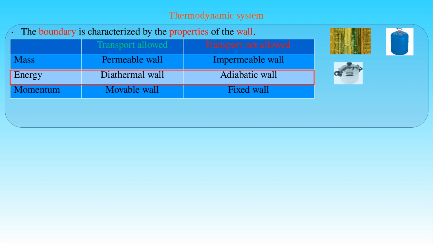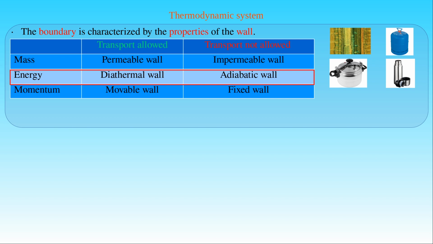Pressure cookers have a diathermal wall made of aluminum or stainless steel, which are excellent heat conductors. If we place a pressure cooker on the top of a stove, then it takes 5 to 30 minutes to heat up any food or water in the cooker, indicating an extensive heat transfer through the wall of the cooker. The function of a Dewar flask or a thermos bottle is the opposite. It prevents the exchange of heat through its adiabatic wall. Such a vessel keeps its content hotter or cooler than the environment, since the evacuated region in its wall provides thermal insulation between the content and the environment.